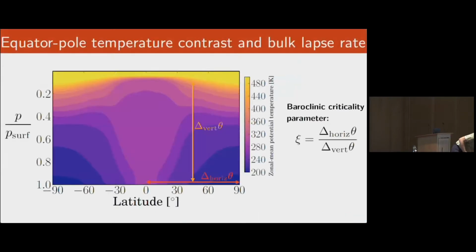So here I'm showing you maps of zonal mean potential temperature. So these were the contours in my earlier plot showing the climate. And I'm highlighting the horizontal potential temperature contrast in the red. So this is basically just the equator to pole temperature contrast at the surface, because at the surface, potential temperature and normal temperature are the same. And the vertical potential temperature contrast is just the difference of the potential temperature from the surface to the tropopause